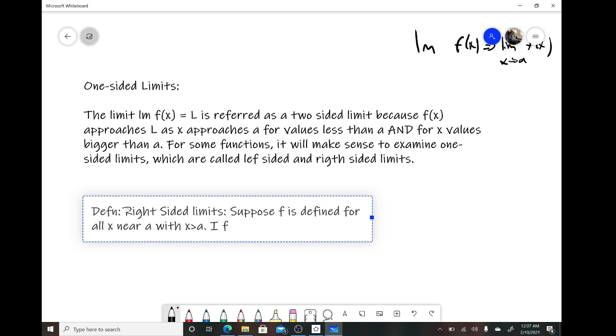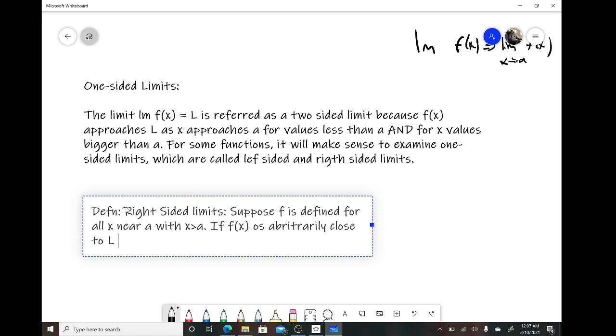If f of x is arbitrarily close to L for all x's sufficiently close to a with x being bigger than a,